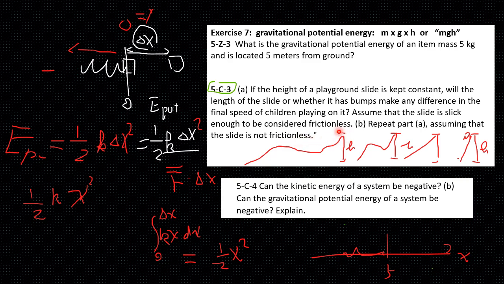When the kid is going down, her body will be rubbing the surface, and there will be friction. The friction force will do work and make the molecules move faster, and that will be energy we lose in terms of heat, thermal energy. So the longer you slide, the more friction there will be, and the longer the slide, the less the speed, because potentially more energy is lost in the process.